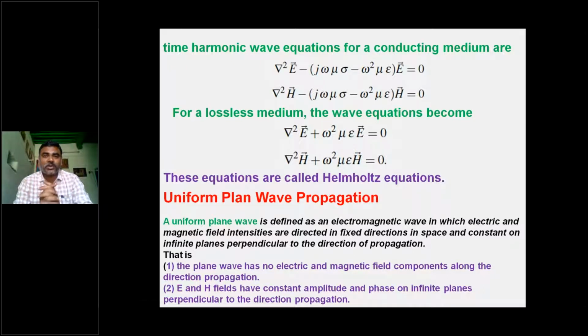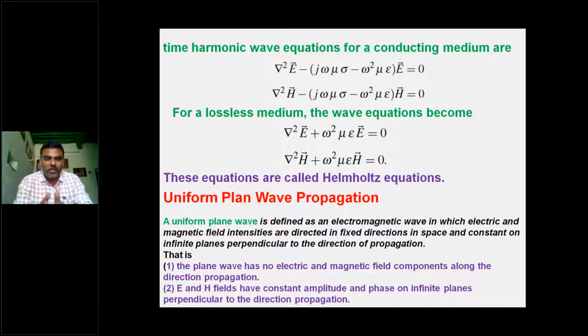And one more thing we need to remember: a uniform plane wave results from a source which is excited towards infinite distance, not for a small distance. If the source is at a small distance, that cannot be called an EM wave, because it will take different forms. That is an extension of our subject.